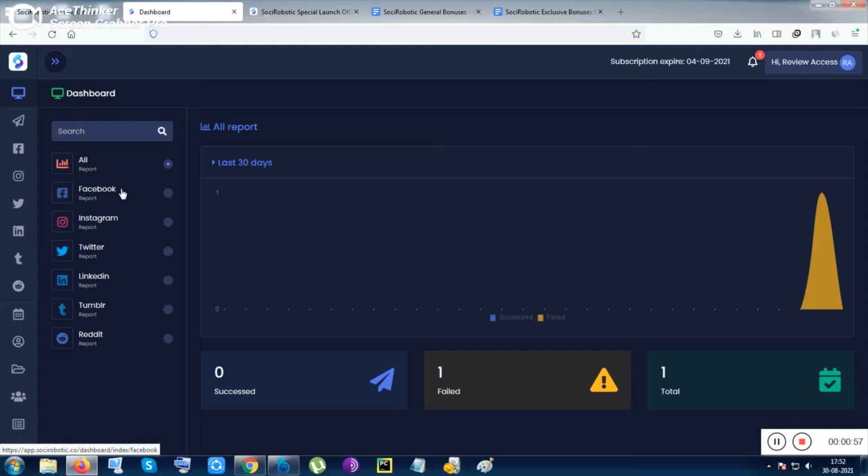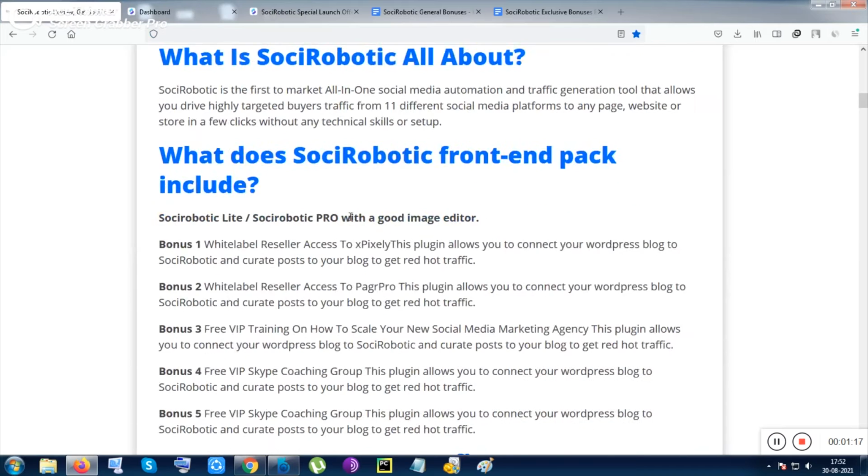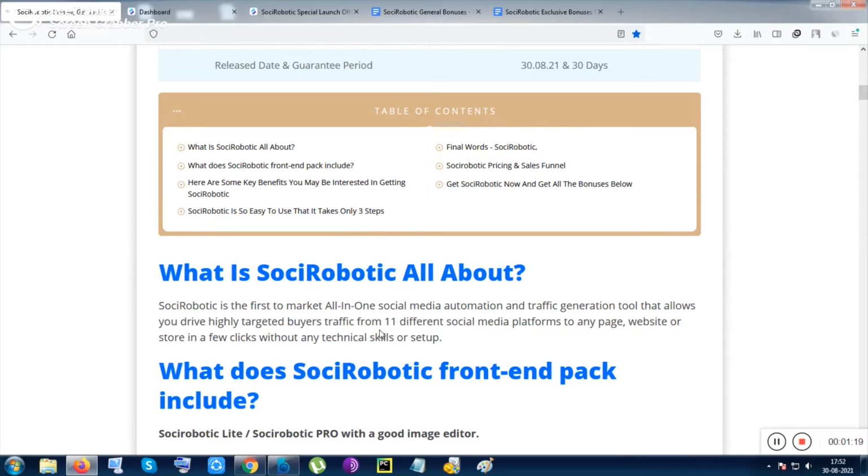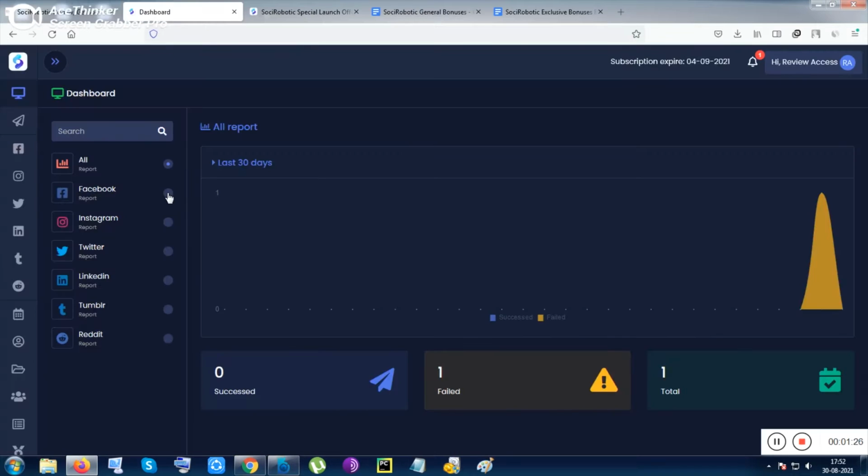So firstly, after purchase of this tool, you need to integrate your social media platforms. Like these social media platforms are given by default. Total 6 social media platforms are given, but apart from that you can also integrate some of your other social medias, like 5 other social medias. I don't know the exact name of the social media handles. Total different 11 social media platforms can be integrated inside it, and once you have integrated, then you can use it and your progress will be showing up here inside this dashboard section.